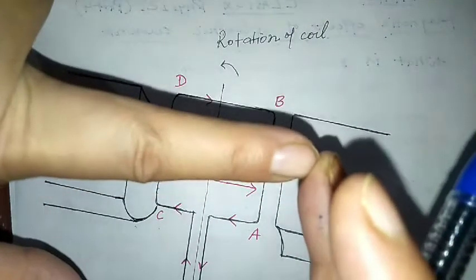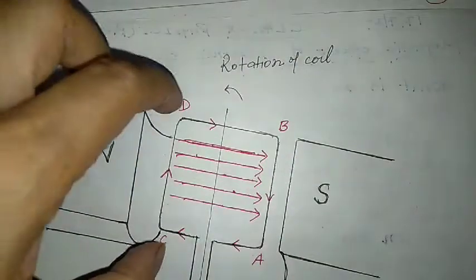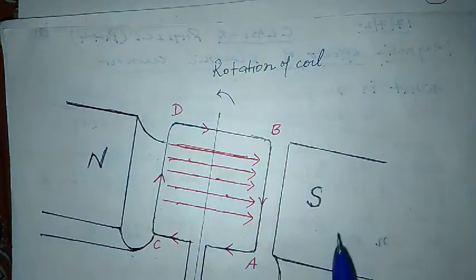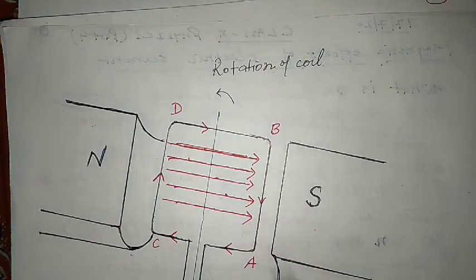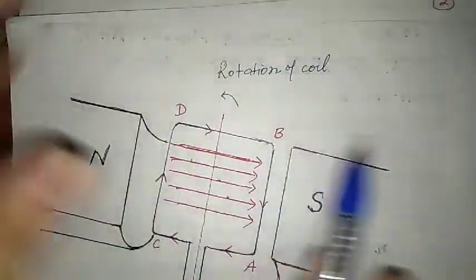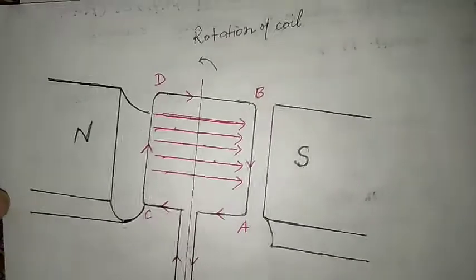Current is in this direction, this is the magnetic field direction, and the thumb is showing in the downward direction. So this time CD will go down and AB will come up like this. This is the direction of the magnetic field, direction of the current, and the thumb will come in the upward direction. So the process is repeated again and again, and the coil of the motor continues to rotate in the same direction. It will rotate in the same direction. So like this,